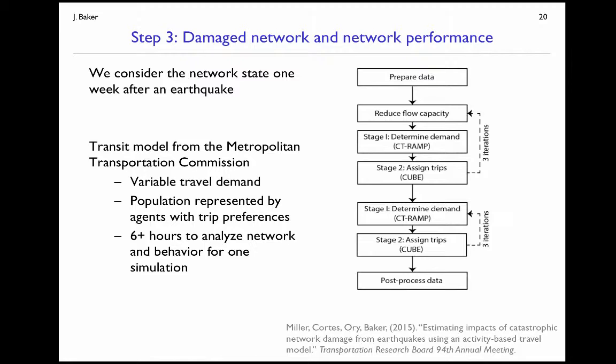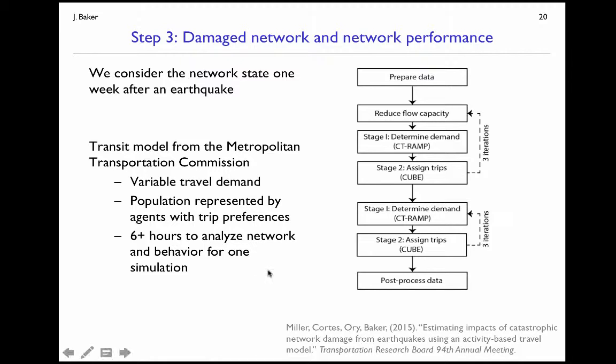And so this is the reason why we couldn't come into this problem with thousands of simulations. And the 6+ hours is even on a high performance computer, so we're not able to work our way around this easily just by throwing bigger computing power at it. But with a few dozen realizations of damage to the network we can get ourselves through this network modeling for each of the realizations.